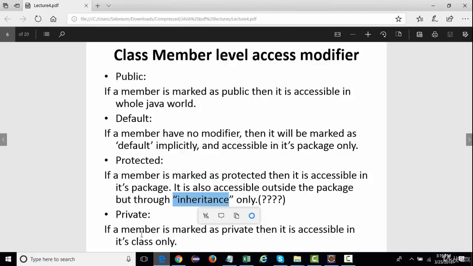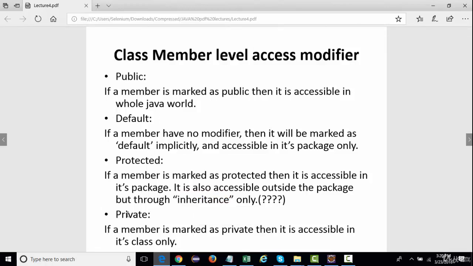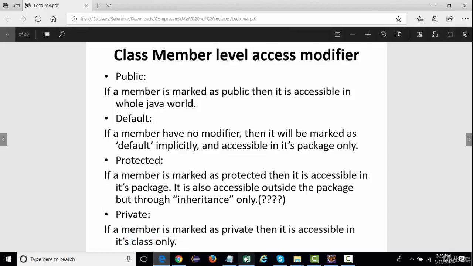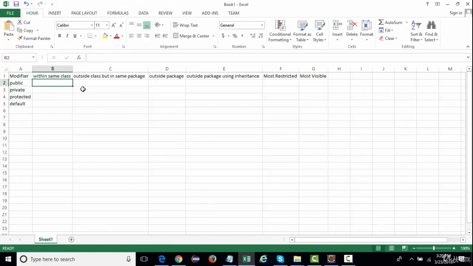Even if we talk about public, it is accessed throughout the class. Default can be accessed throughout the class. Protected can be accessed throughout its class, and even private is accessible within the same class itself. So this public modifier will be accessed within the class.